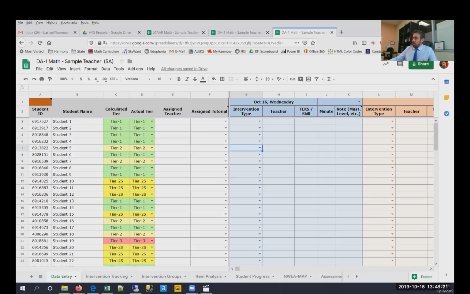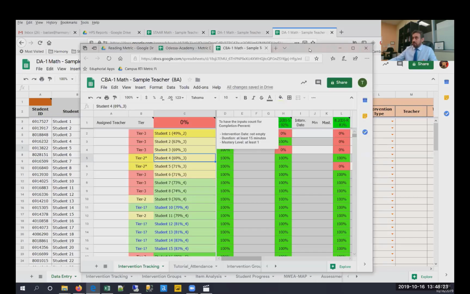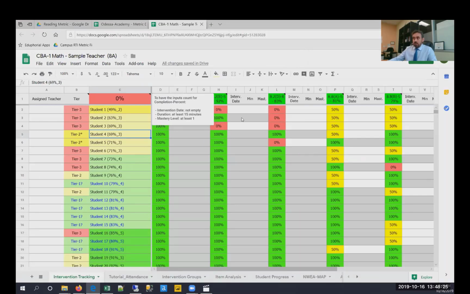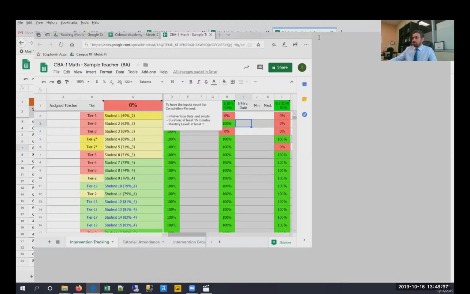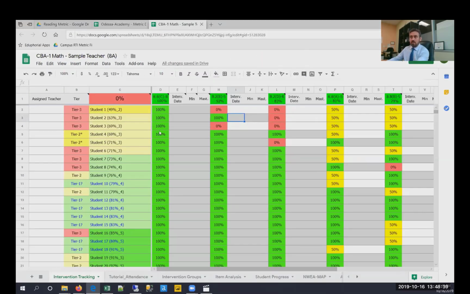Basically, this is what we had before. In the old version, we used to have a tab, intervention tracking, which we still have, so we keep it, but the design has changed. I'm going to show you that. Maybe I can compare them next to each other. In here, we have these tabs, if you remember, and we used to enter the data into these three cells. In the new